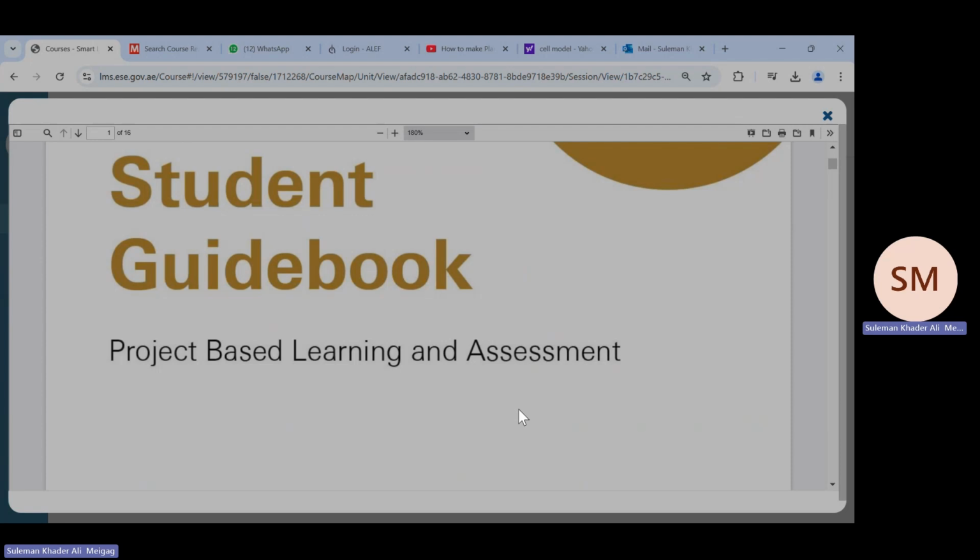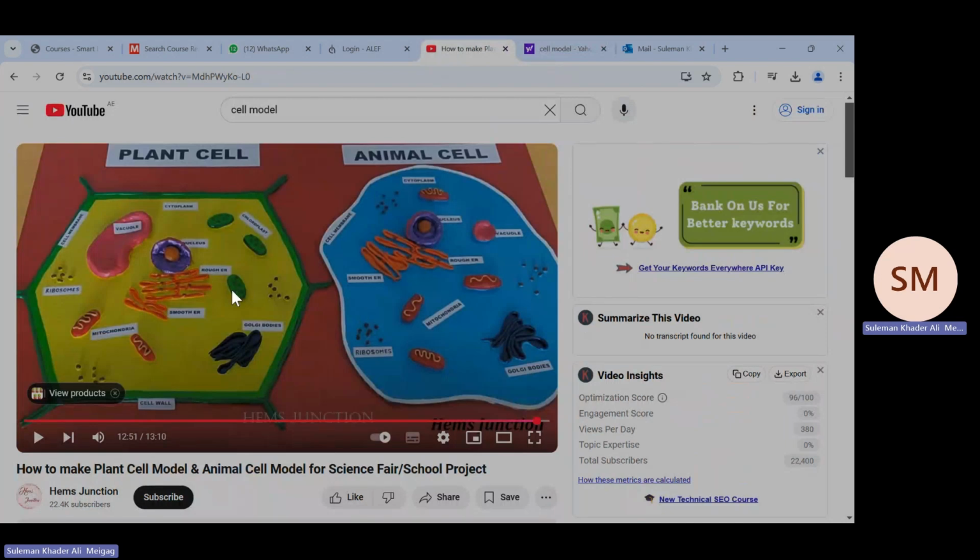Okay, you learned about how your teacher will assess you. You've seen some examples of models of the cell. Okay, here are many models. You saw a video of someone making a model of the cell, plant cell and animal cell. Okay, so there are many parts that you have now looked at. Okay. And then, inshallah, in the next video, part 3, we will discuss more about the model and more about